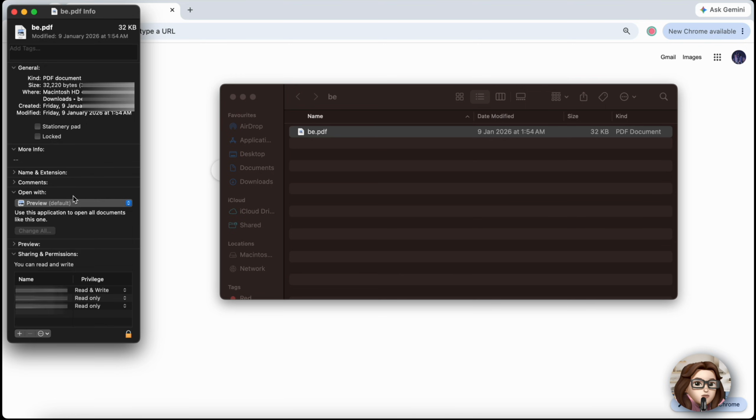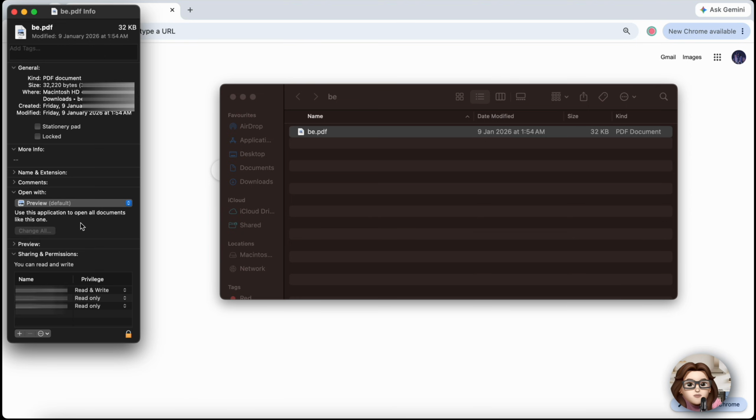After saving the changes, double-click any PDF file to confirm that it now opens in your selected PDF reader instead of Google Chrome. If you prefer to keep Chrome as your default PDF application but want PDF files to download